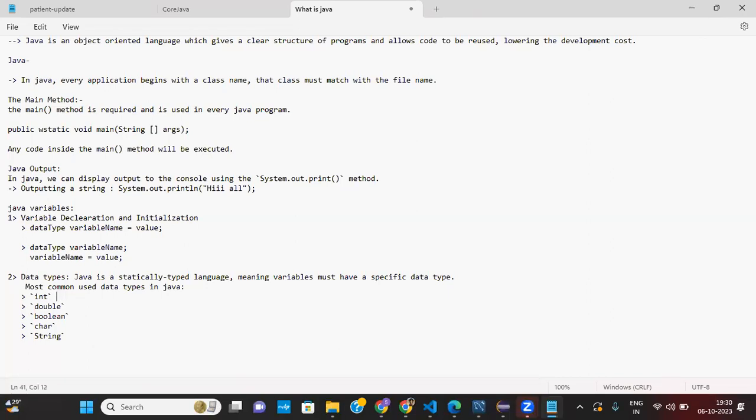Integer will store the whole number. And say double.